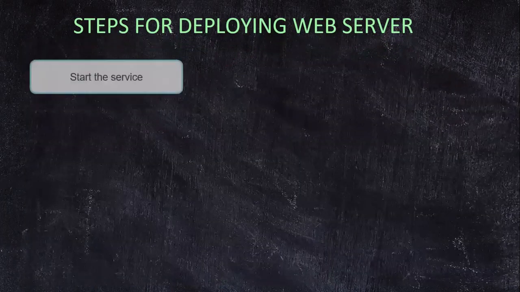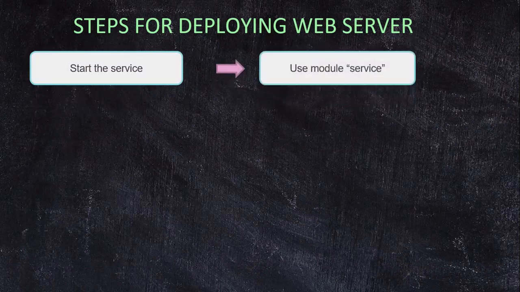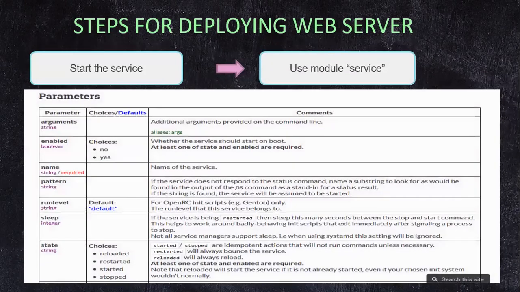Let's move on to this last step, which is starting the service. For starting the service, I'm going to use a module called service. Again, this has different parameters available, and I'm mainly interested in starting the service. I need to give the name of the service which I want to start, and the state that I want it to be in. There are different choices available: started, stopped, reloaded, or restarted. These are the different choices that you have in terms of these parameters. So this is what you will be giving as an input to your module.